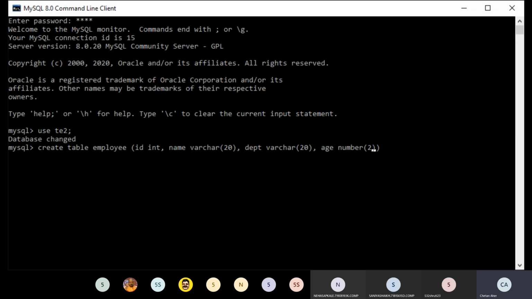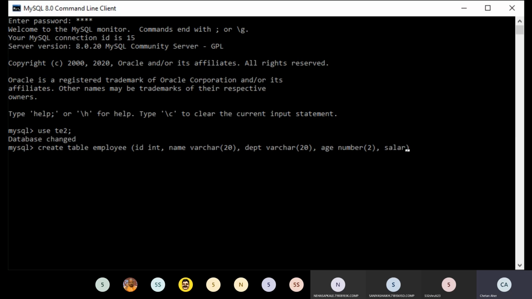I think age values could not be more than usually 99. Usually after the age of 60, people get retired. So we will just enter the number as two digits only. This kind of validation you should practice, as it validates the data. If you give age as an integer data type, by mistake a person can enter the age value as 999. No one will live that many years. So you should get this practice.